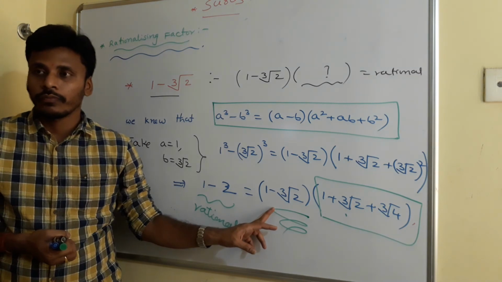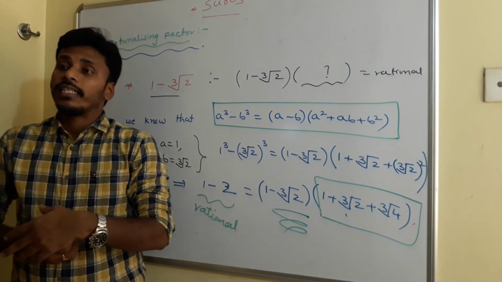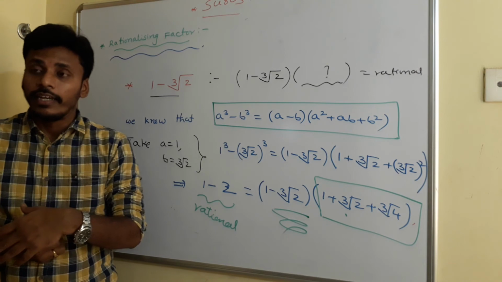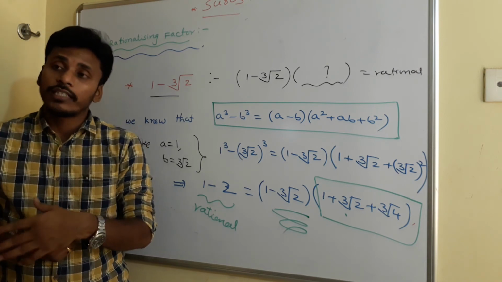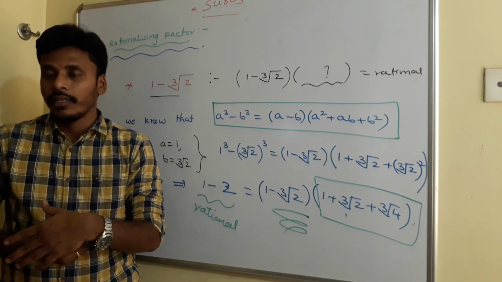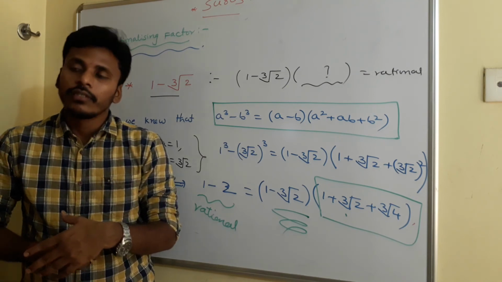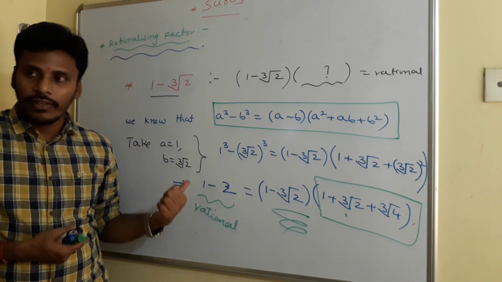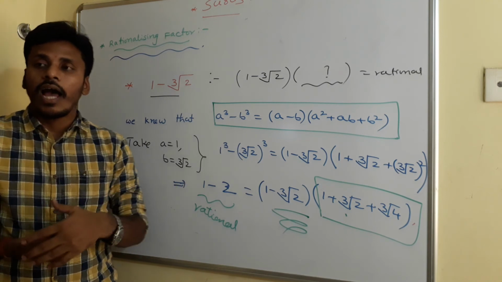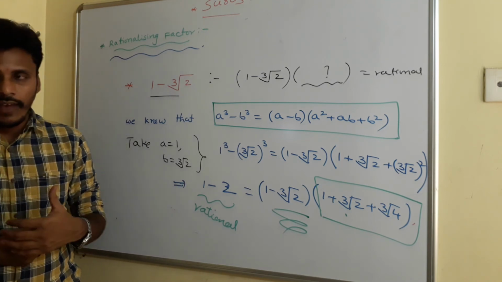So like this, to decide the rationalizing factors for given different numbers, you need to utilize different algebraic identities. You have different problems in your practice sheets. See, just try all those things. Just take a screenshot of this problem and I move to the next one. Have a look here.